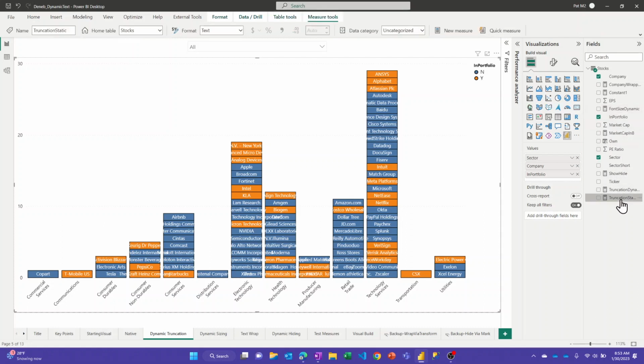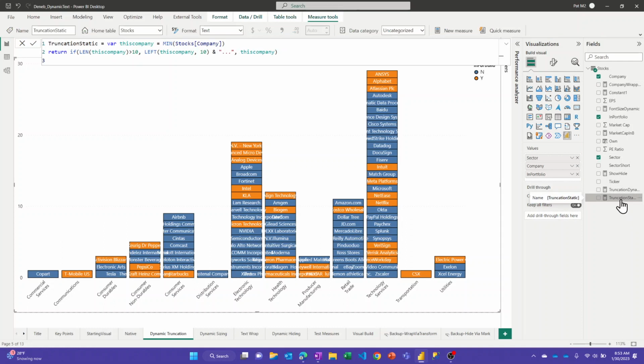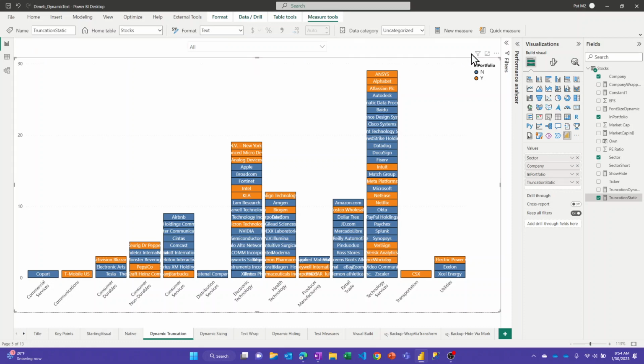So if I take this first one here, where I'm doing truncation, if you look at this, I'm basically harvesting the company value by just taking the min of the company. So it's just a single row inside each box here. And then I'm just checking if the length of that is greater than 10, then truncate it to 10 and add ..., otherwise just use the value. Okay, so if we put that into the visual, and then we go in and edit the visual,